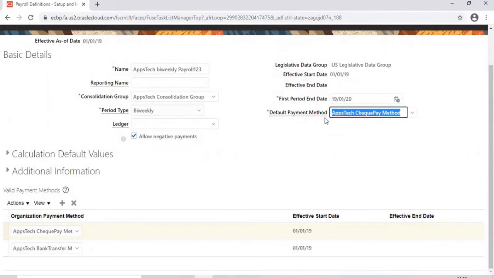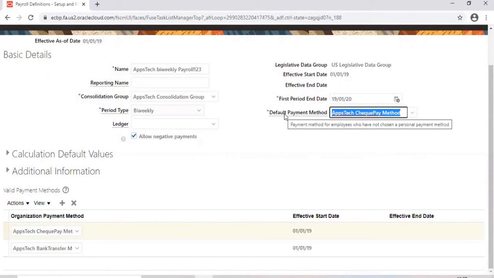Because the system sees there is no bank account attached for this employee in the employment screen. So in that case, this comes into the picture. The system sees whoever doesn't have any bank accounts, by default all of those employee salaries will be processed as check payment method. That is what the default payment method is. If any employee has a bank account, obviously it is going to be mapped to the corresponding bank account.